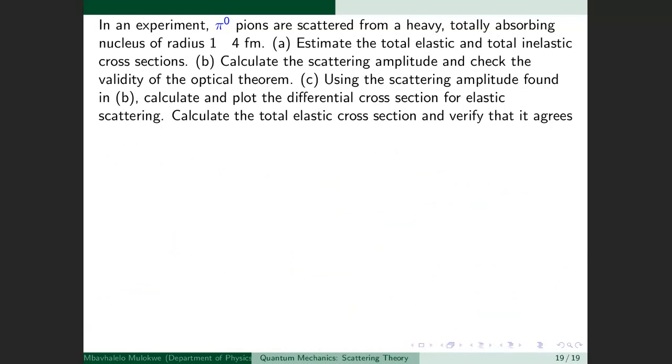Okay, let me just try and delete and put the question. So we have pions scattered, radius, estimate the total. To get the total, we first need to find f of theta. Calculate, estimate the total cross section. Estimate the total elastic. So we might be using the same formula, that sigma elastic for totally absorbing will be the same as